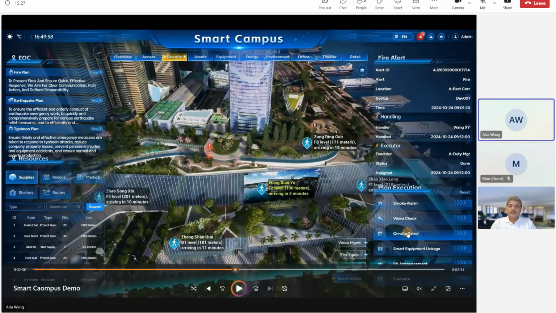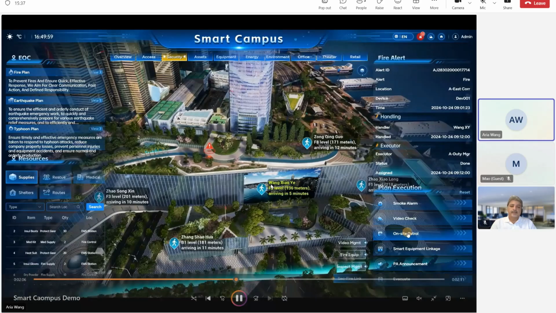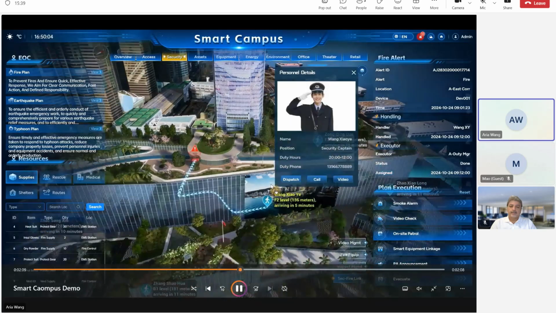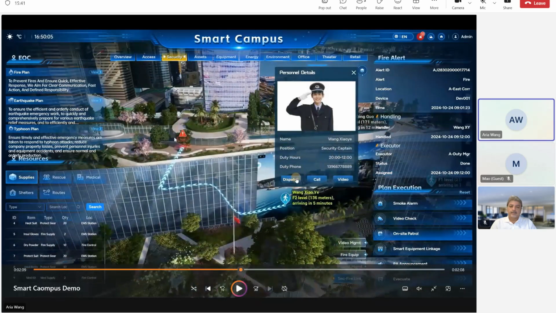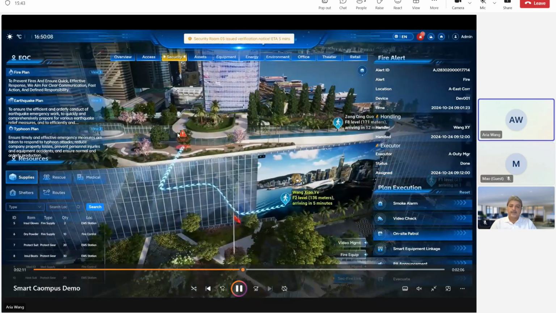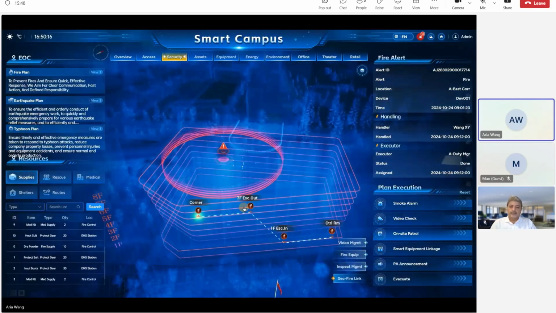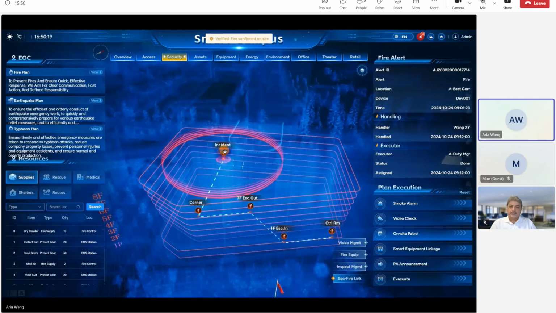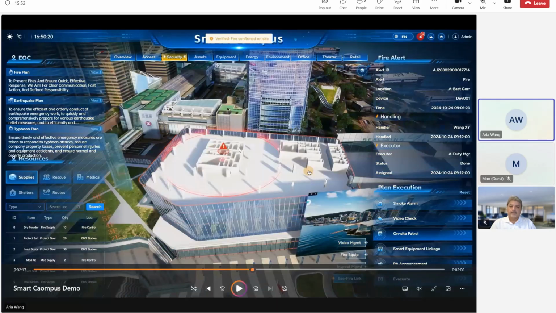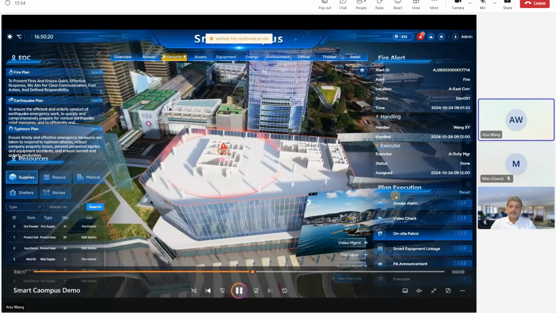And third is on-site patrol. It will be on the platform. It will see the stops. We can choose the nearest stop and dispatch him to the alarm site. After double checking this alarm,